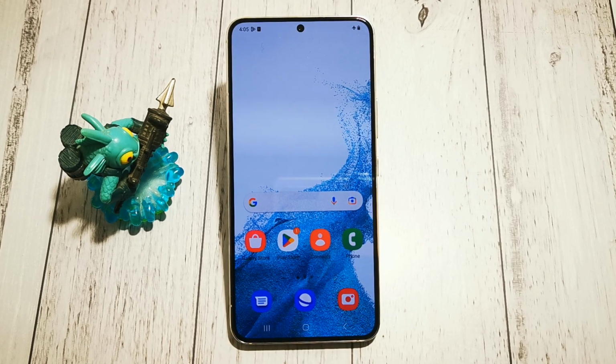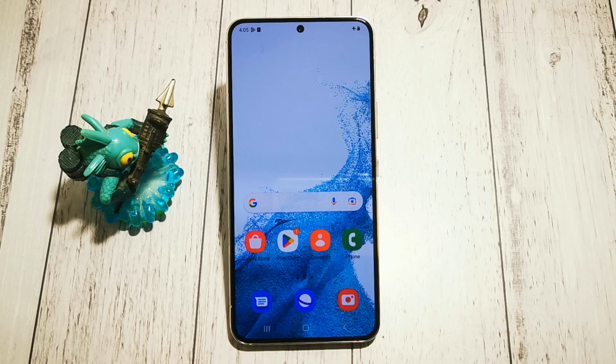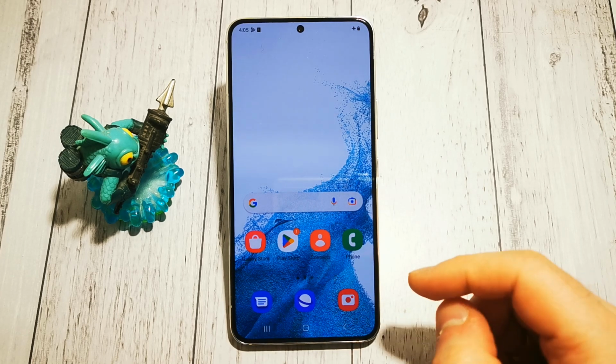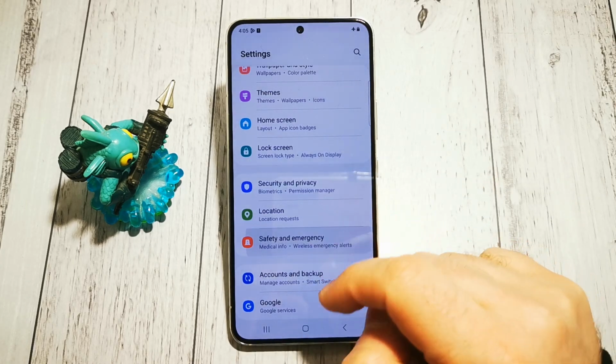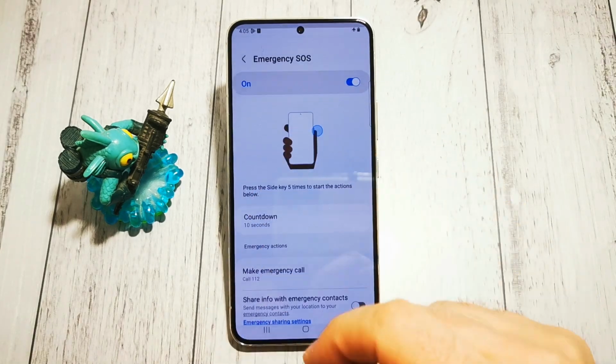Today I will show you where to find the option and how to change the emergency SOS number in Samsung Galaxy S22. By default, it's a rescue number from your country, but if we want to change it, we need to go to Settings, then Safety and Emergency SOS,